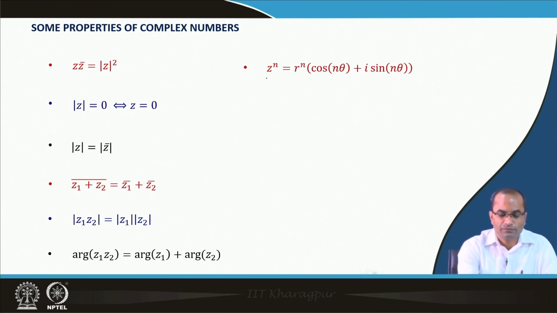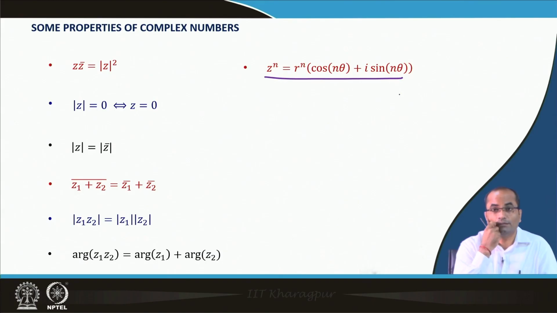Yeah, this is exactly what I was talking about from this last identity, the product of the two numbers which were written in trigonometric form. We can directly conclude from there that Z power n, so instead of Z 1 Z 2 we have now the same number Z. Here the product of R was coming, so now we have R power n, because we are talking about n numbers, and cos. There it was theta 1 plus theta 2 for two numbers. We have the same number which is multiplied n times, so here n theta, and then we have again n theta there. So, this is the identity which is just coming from the previous one,